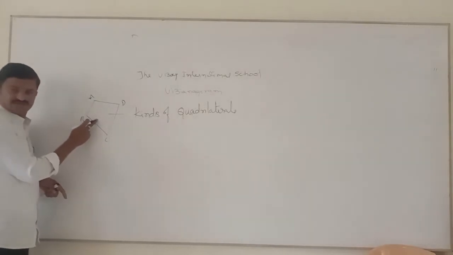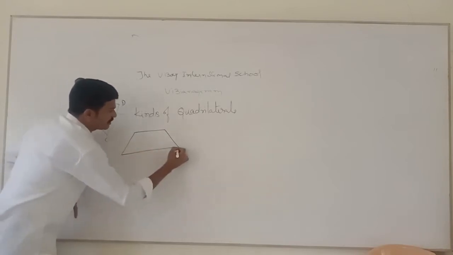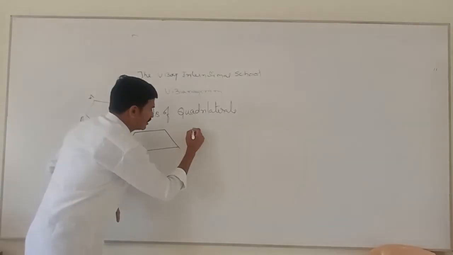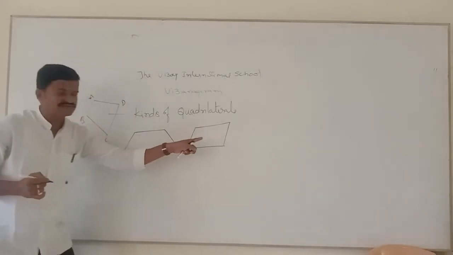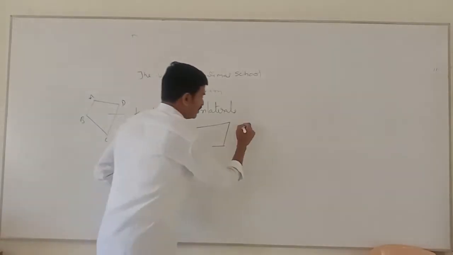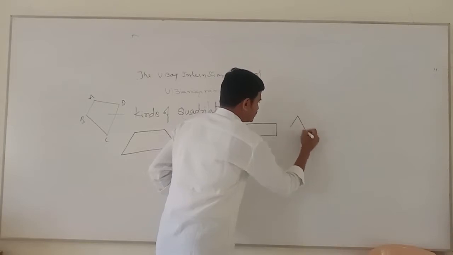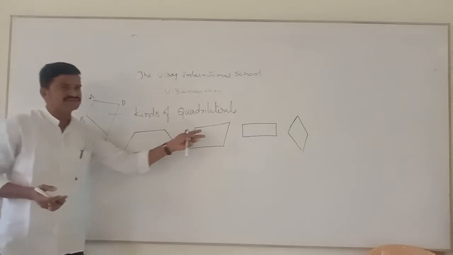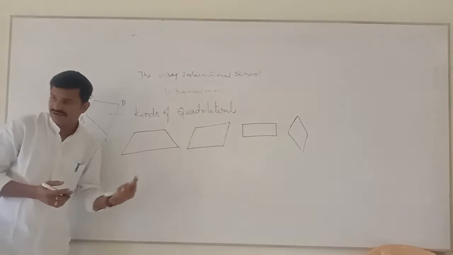See, this is four line segments now. Now here I am drawing one more quadrilateral. Is this also a quadrilateral or not? It also has four line segments. And another one I am drawing here. How many line segments does it have? How many sides does it have? Four sides. It is also a quadrilateral. Another one I am drawing. This is also a quadrilateral, and this is also a quadrilateral. See, as all these polygons have four sides, all these are called quadrilaterals only. But the shape is different or not?